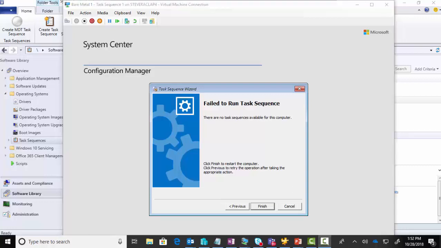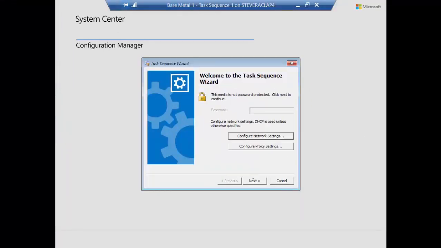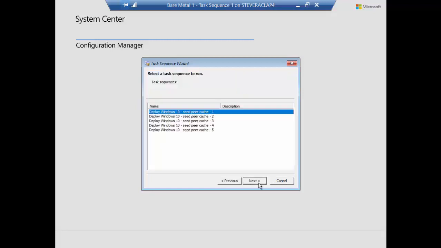Okay, I think I realized what it was. I had, as you might expect, been using this to test and get ready for recording the session, and I had failed to delete the systems that had imaged already using this approach I'm going to show you from my config manager environment. So let's see. Okay, much better. So I went and deleted those when I paused the video,